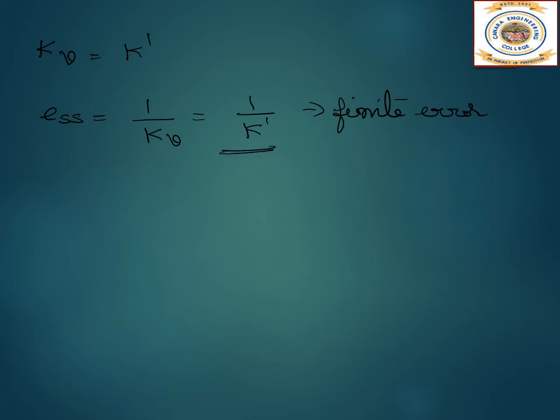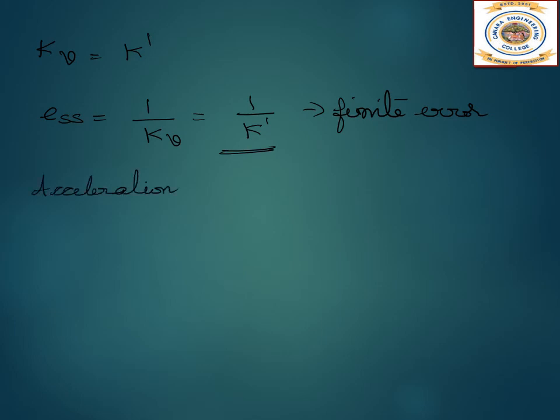So what do we have? Kv is K dash. What is the steady state error? 1 by Kv. It is 1 by K dash. Some finite error we get over here. So if I apply a ramp input to a type 1 system, we are going to get a finite steady state error. And the last one, let us see the